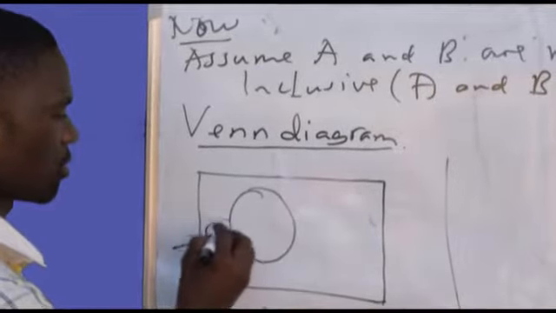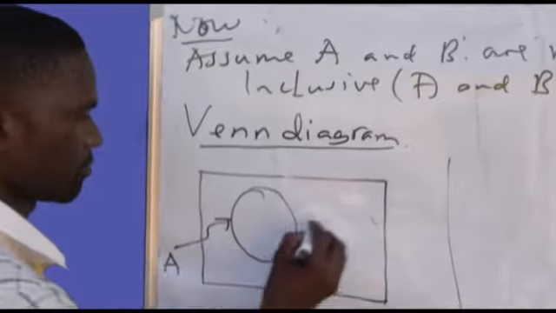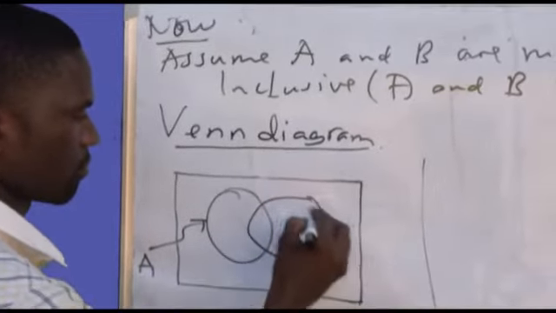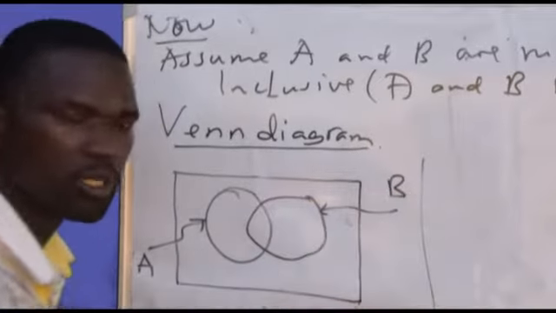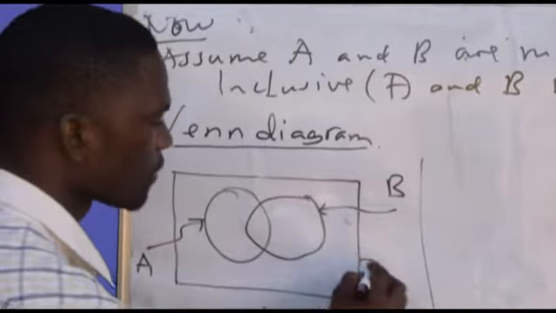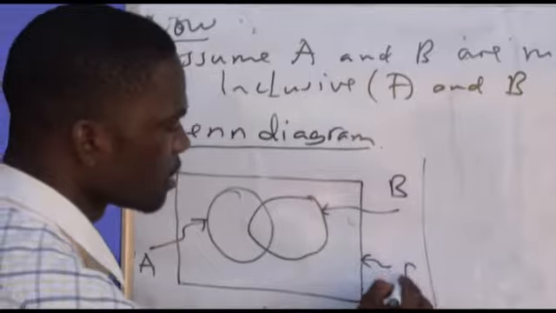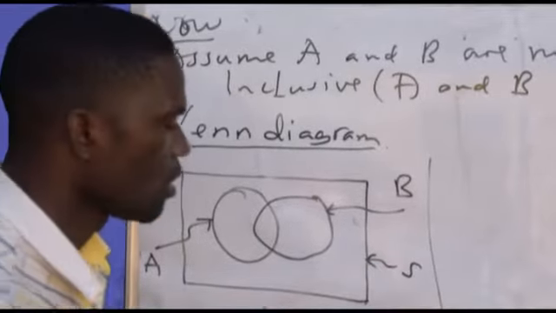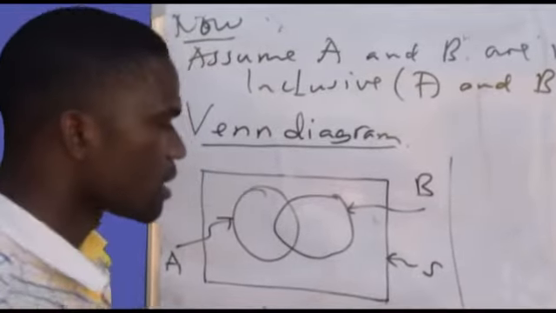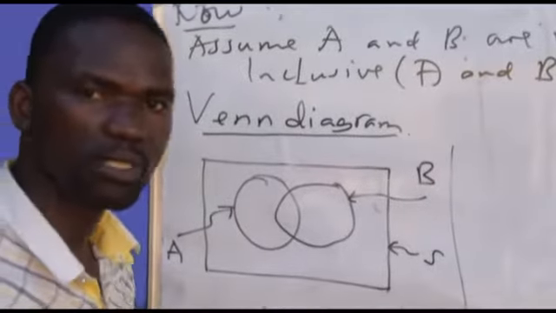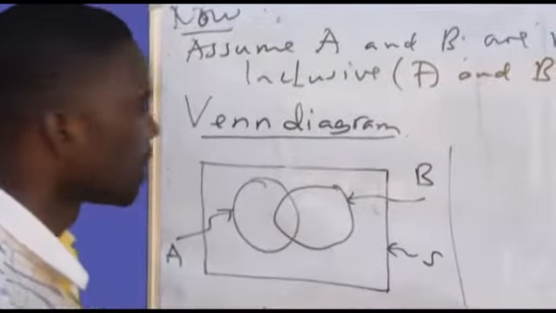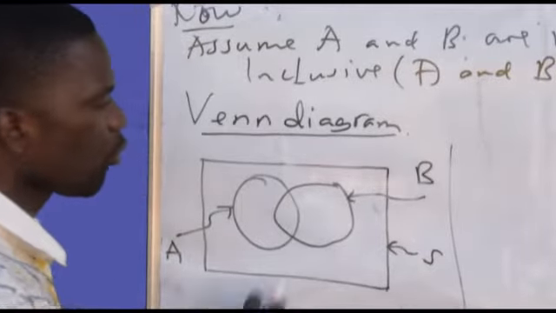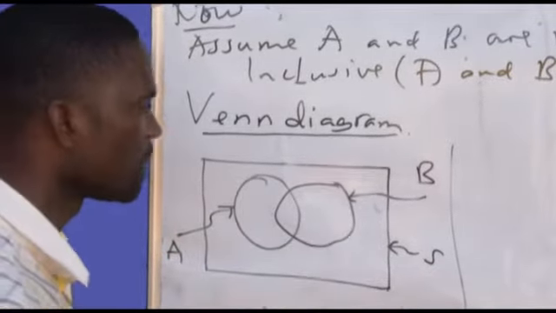Call this one set A, call this one set B, and this one is going to be set S. Why S? Because S represents the sample space set, which replaces the universal set. So now with this Venn diagram,